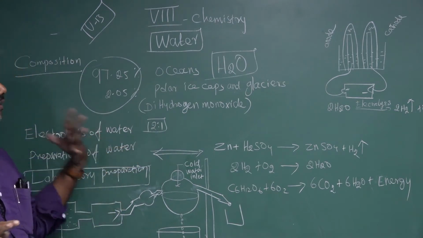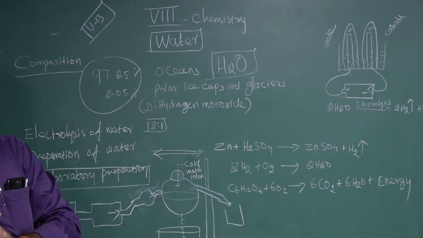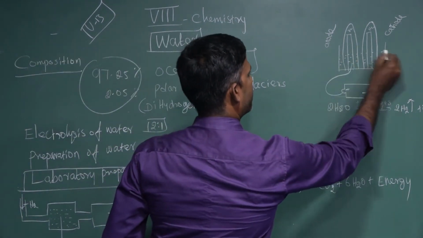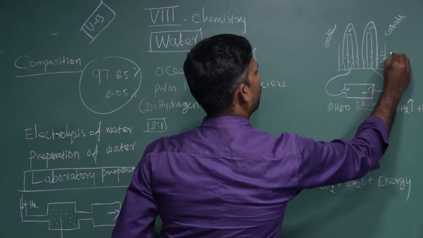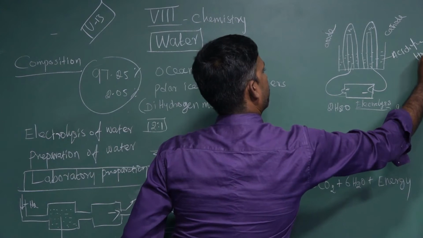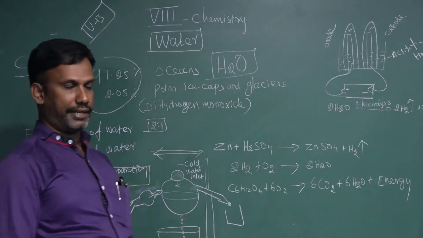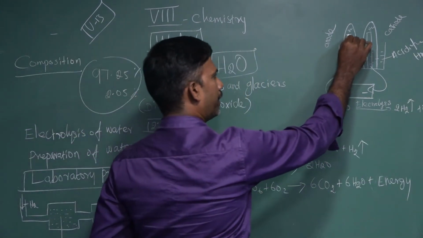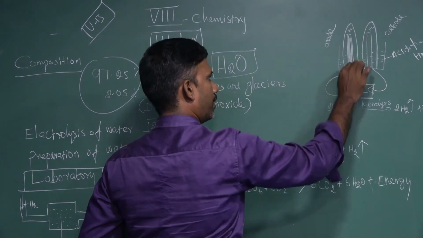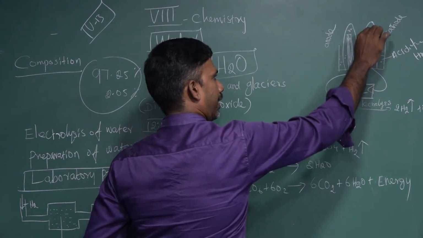Now we are going to see how the electrolysis process is carried out. If you take a beaker, it is full of acidified water. That is called the electrolyte. Then there will be two carbon rods we need to locate. These two carbon rods are called electrodes,